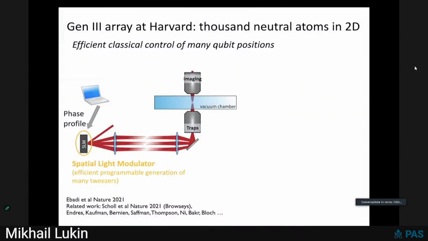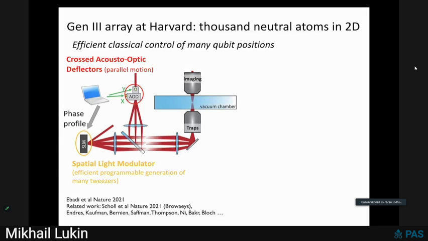So in our lab, we are already working with the 3rd generation of this atom array system, and it has 2 elements. One element is a spatial light modulator, which can create a large number of static traps in arbitrary configuration. Another is a second channel. The device we now often rely on involves 2 acousto-optic deflectors. An acousto-optic deflector basically takes a laser beam and deflects it using sound waves. And by using 2 of them, we can very rapidly move these traps around and change the atom arrangement.